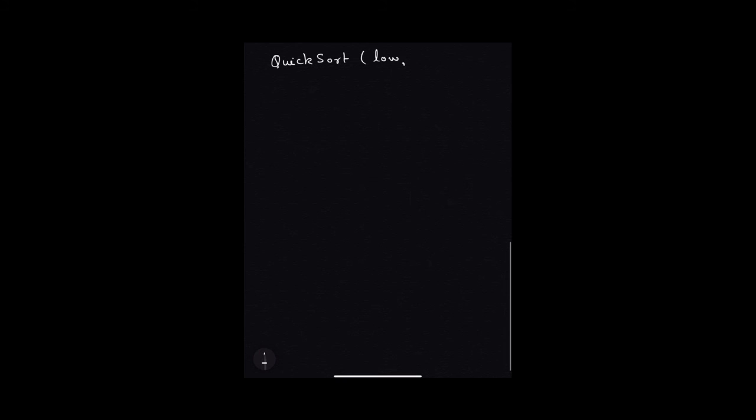takes two values, low and high, that are passed to my partition algorithm, and my partition algorithm returns a value. That value is stored in j. This whole process continues till my low value is less than my high variable.